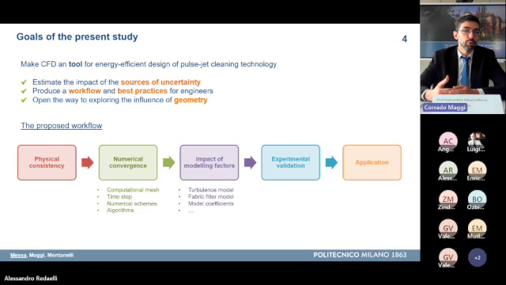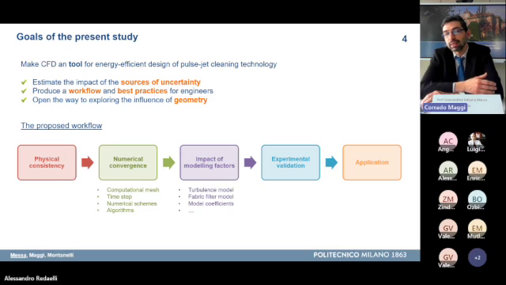But what is in the end the workflow that we proposed? Basically, this is a pipeline divided in 5 steps to be carried out in sequence. So first, the physical consistency of the CFD solution must be assessed, which basically means just from a mere qualitative point of view, assessing whether the solution is physically sound. Then there will be the assessment of the numerical convergence of the CFD solution, which basically means that it must be proved that the numerical factors producing uncertainty, and so the factors related with the numerical solution of the flow equations, are properly controlled and selected.